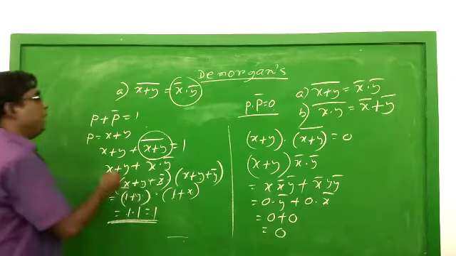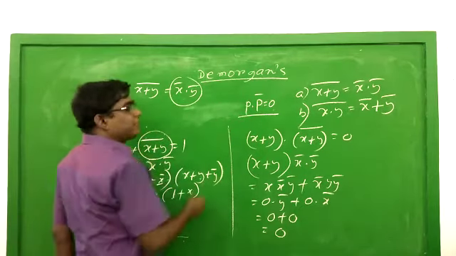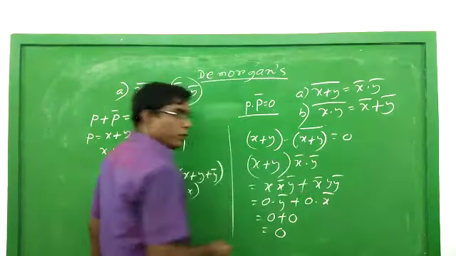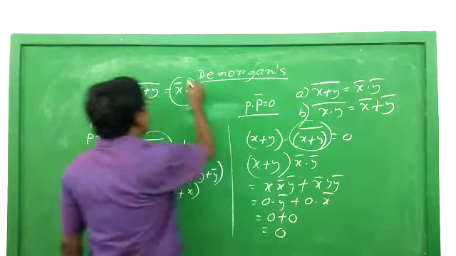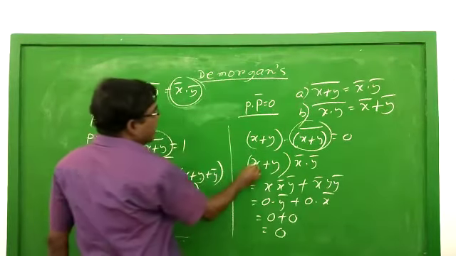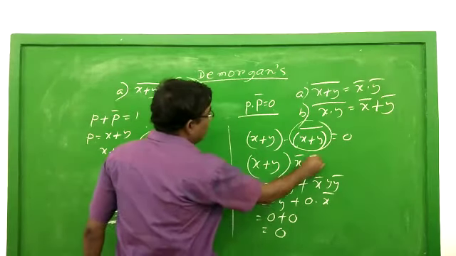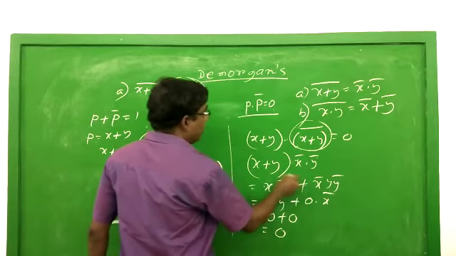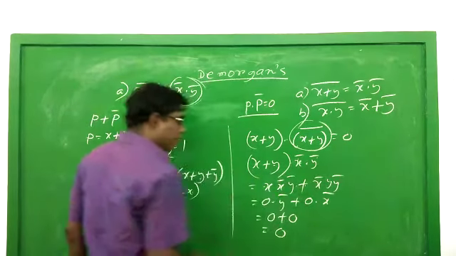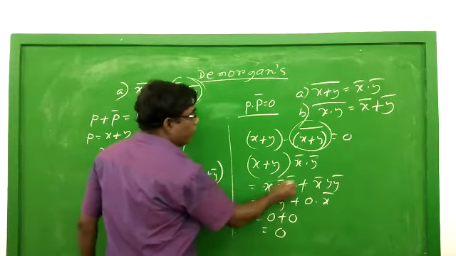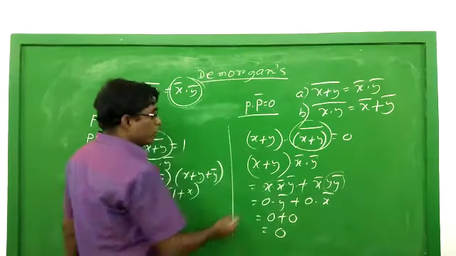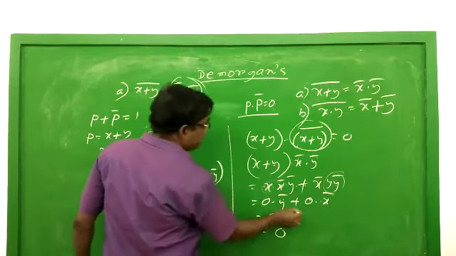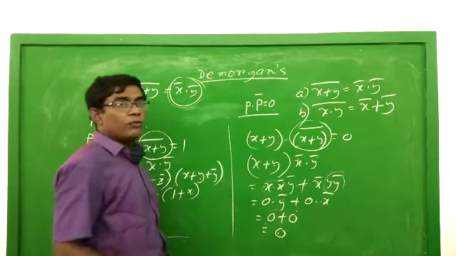Next, P and P complement equal to 0. So what is the value of P? X or y. We replace P by x or y. So x or y and the whole complement of x or y equal to 0. Now we replace this with this and we have to prove 0. X or y and x complement and y complement. Then we multiply: x and x complement and y complement, or y and x complement and y complement. Now x and x complement equal to 0, y and y complement equal to 0. So 0 and y complement, or 0 and x complement. So this is 0, this is 0, so 0. Okay, that's all for Boolean algebra.